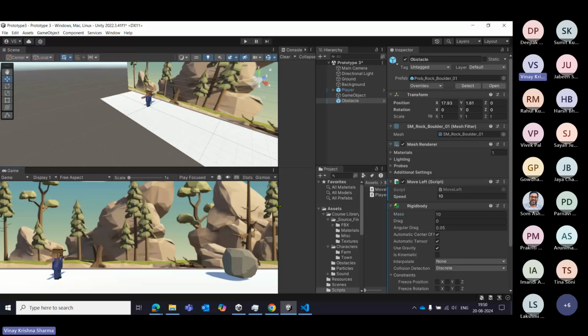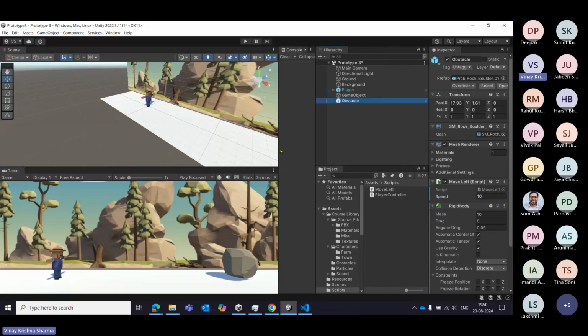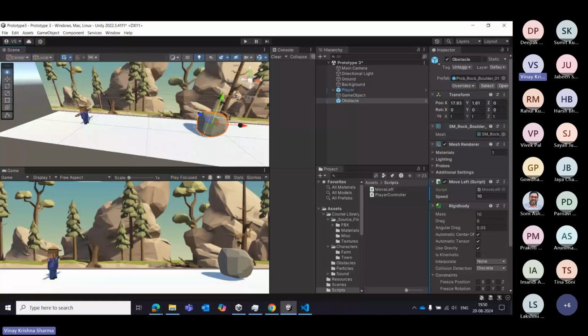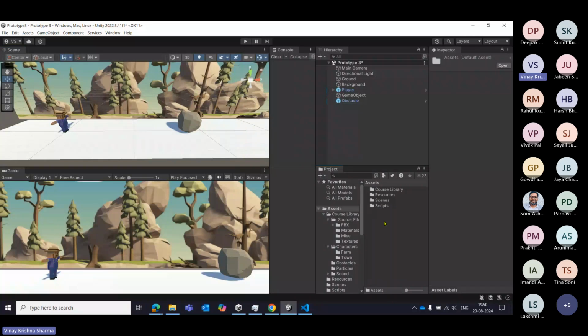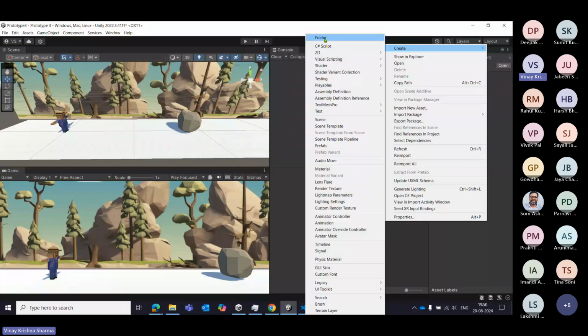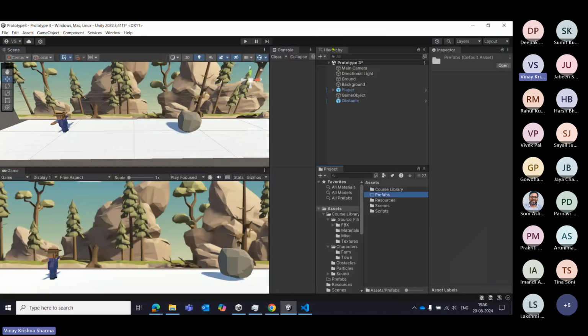This is fine. There's a collider. It has a script. It is moving. But now I want to spawn it randomly, just like we did in the last game as well. So I'll make a folder called Prefabs. I'll drag and drop the obstacle over here. I want to create an original prefab, right? And this is good. Now what I want to do is